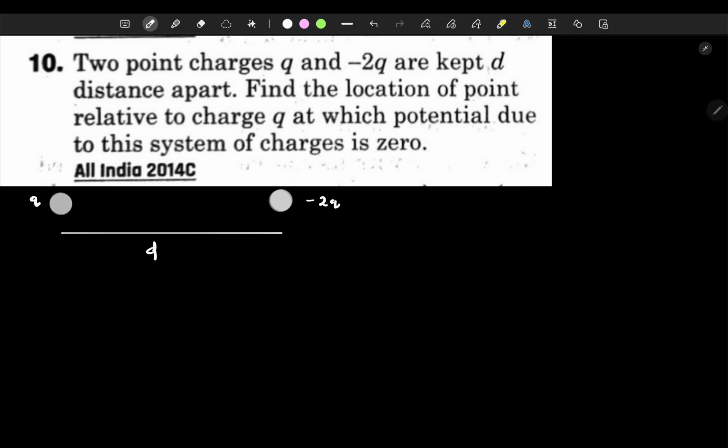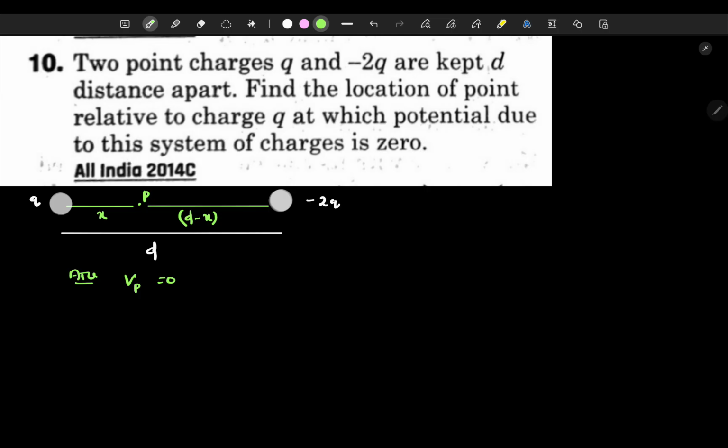So the question is, find the location of the point relative to charge q, with respect to charge q, at which the potential due to the system of charges is 0. Let the point P be in between q and minus 2q, at which potential is 0. With respect to q, let the position of point P be x. With respect to minus 2q, the distance of point P will be d minus x. As the potential at P is 0, according to the question,